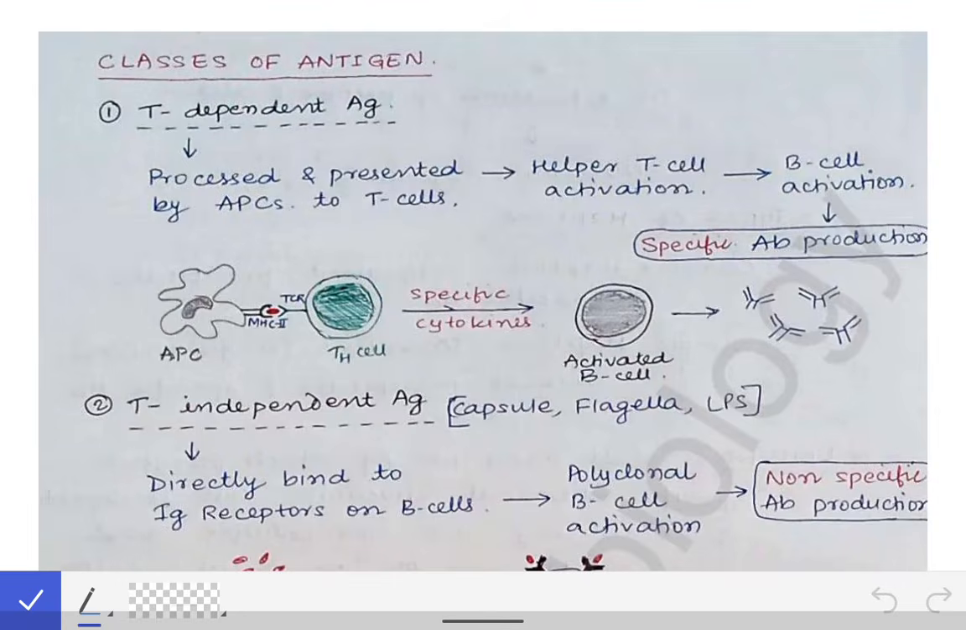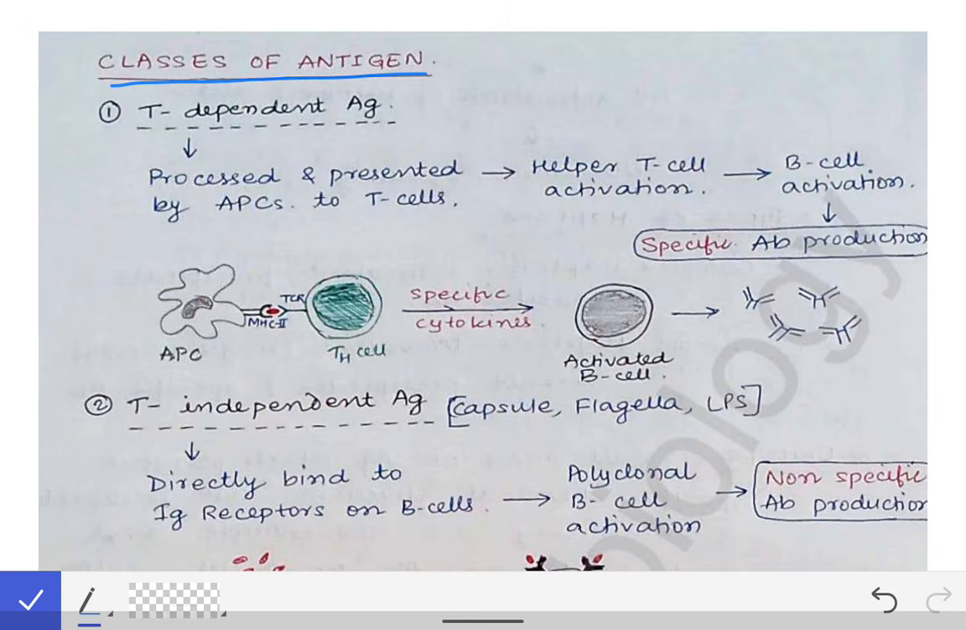Now we are going to read the second part of the antigen, where we will be reading the classes of antigens. So there are three different types of antigen. One is the T-dependent antigen, the other one is the T-independent antigen, and the third one is the super antigens. Now before going about them one by one, we will first look into how immune response occurs when the antigen